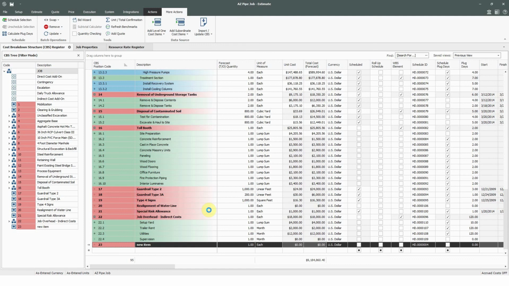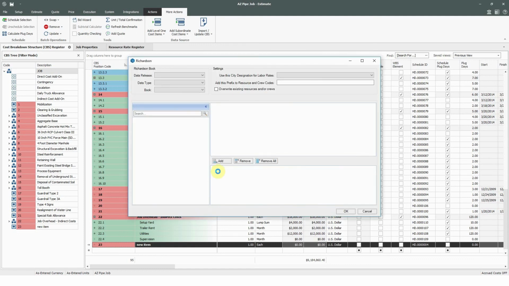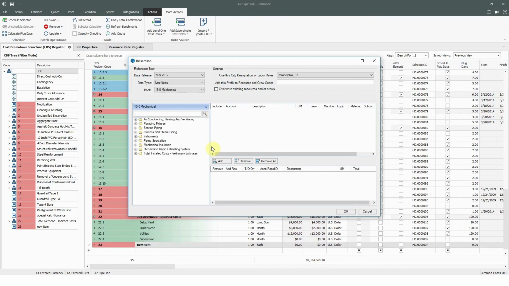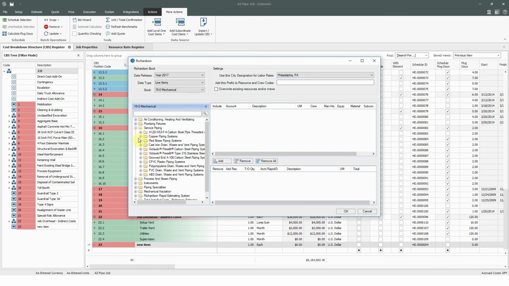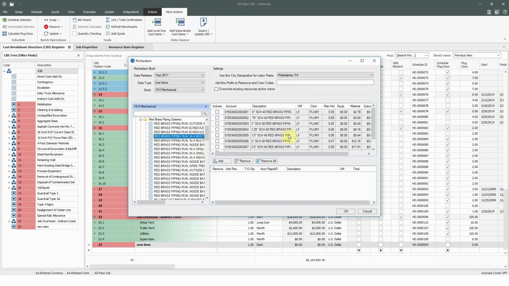And I'll just show you what the interface that we built looks like. The back-end data belongs to those cost data library providers, but I can come in here and choose which set of data I want to bring in. Maybe I'm looking at a specific city or state, so I can get an average cost of labor and materials. And I would just scroll through, or sometimes we use the term tree through the data,